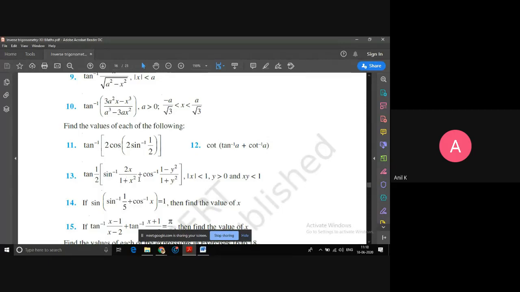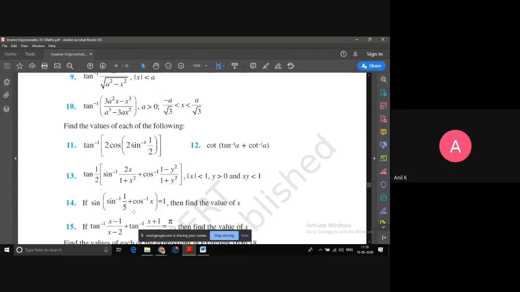And here also, 1 minus tan square B upon 1 plus tan square B is going to be the cos 2y formula. So you'll get cos inverse of cos 2y, which is nothing but 2y only. So the first term will give you 2x, and the cos inverse term will also give you 2y. So you have 2x plus 2y.